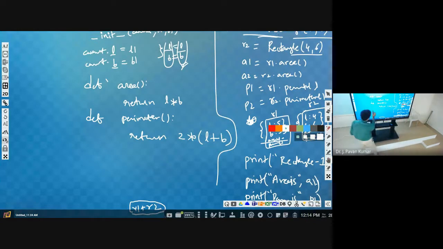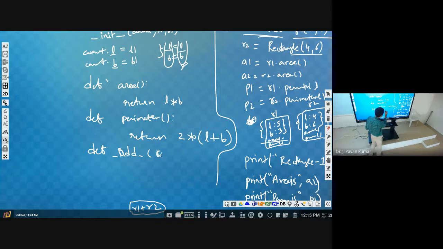So now we will be defining a function called add, and for this add we need to provide arguments, right? R1, R2. The first one is anyway the current object, as we have discussed, self or current object, that you can consider.